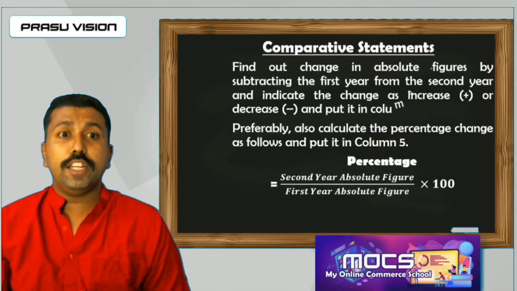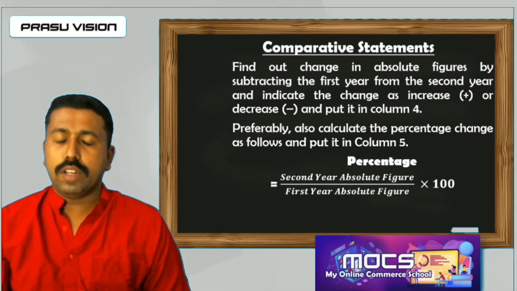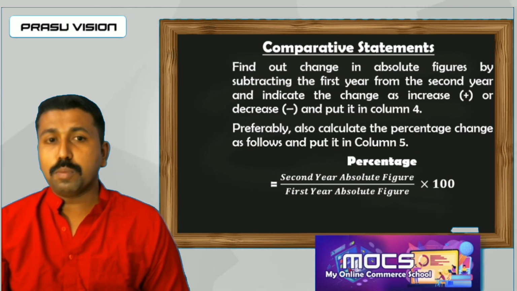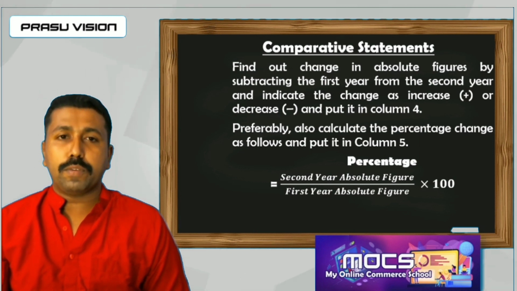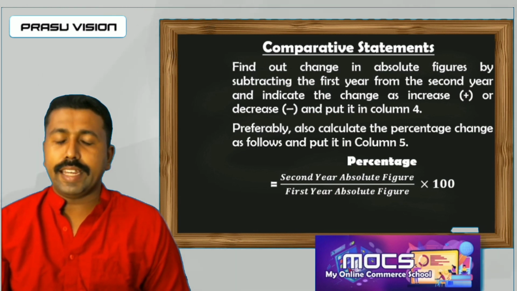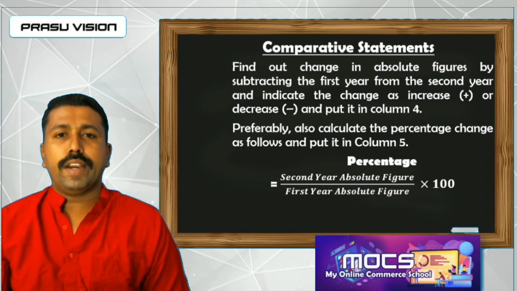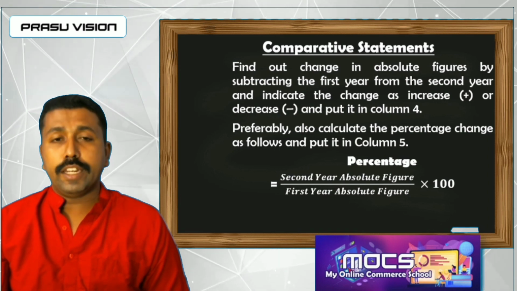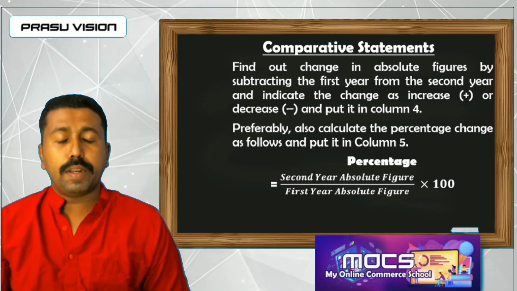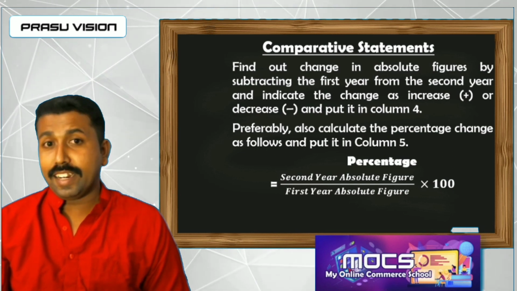Here we have to find out two different calculations. One is absolute change. Absolute change indicates the difference between 2 years' performance or two firms' performance in different areas. We will find out the difference. We will find out the absolute change by deducting the previous year value from the current year value.